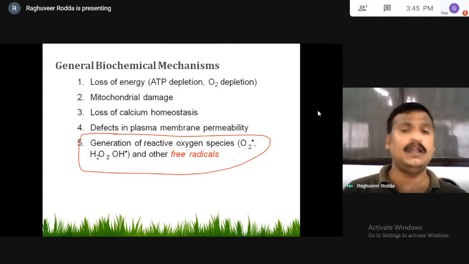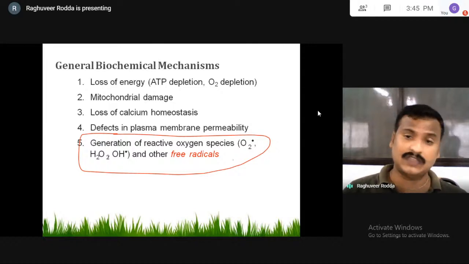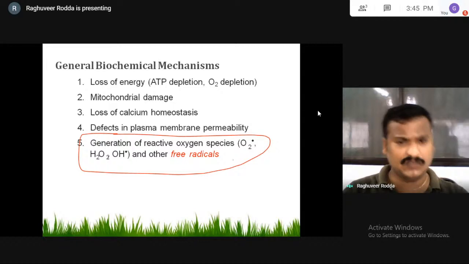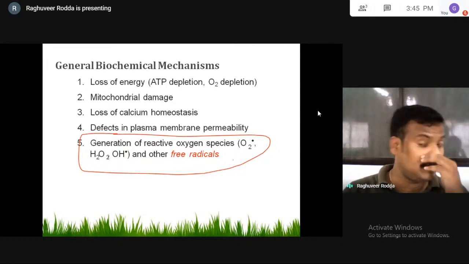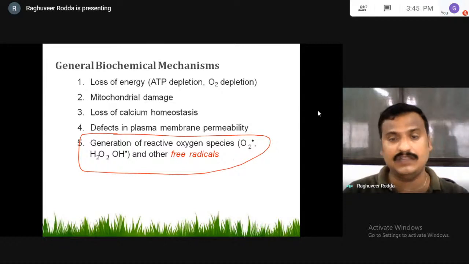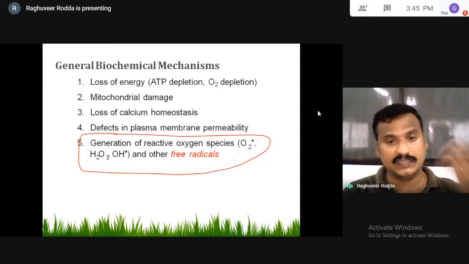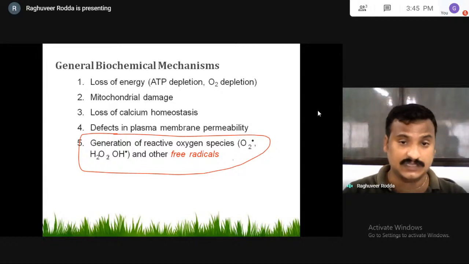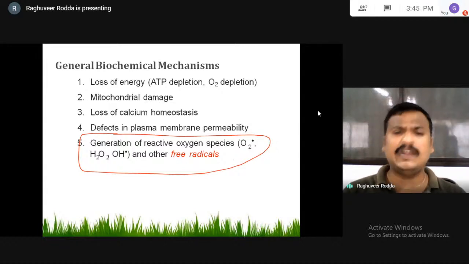All these are reactive in nature, as they are not stable molecules. They have a reactive power when they share their electrons with other molecules. They are able to react with the phospholipids, with the various protein molecules, with various membrane structures, and with various intracellular protein substances, especially the free radicals. The free radical damage we can call oxidative stress.